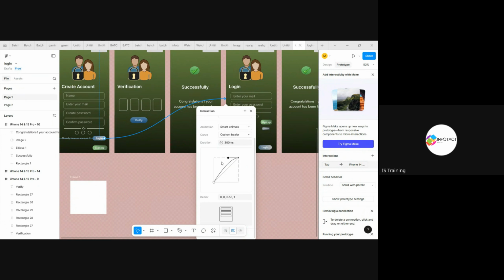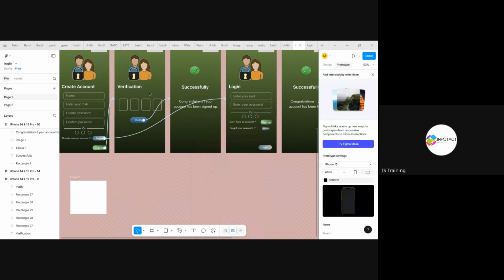Here you can change it as you want, through your own preferences. I'm setting the duration to 1400. Now see the difference.